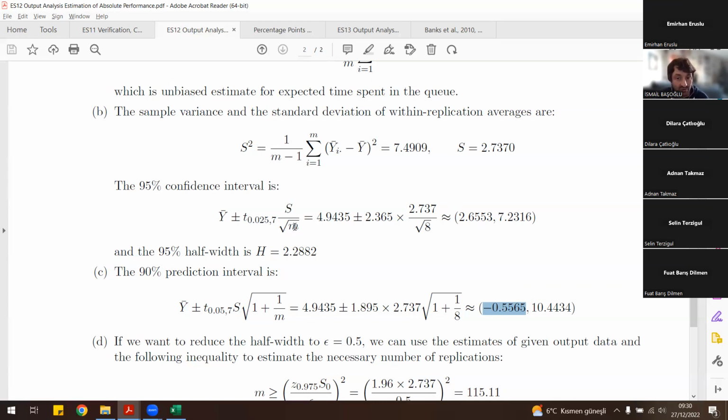Now, if you increase the number of replications, this confidence interval's width is going to converge to 0. Okay, if you have performed a sufficiently large number of replications, the width of this confidence interval, which is approximately 4.5, is just going to diminish, which means this prediction interval is also going to get narrower. And if it gets narrow, obviously the lower bound is going to increase above 0, and the prediction interval will make much more sense. Okay.